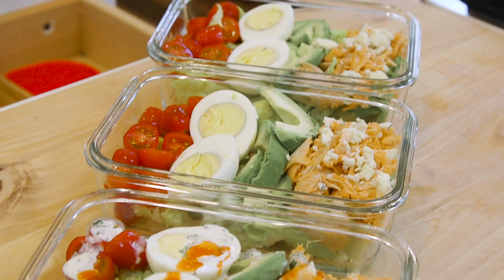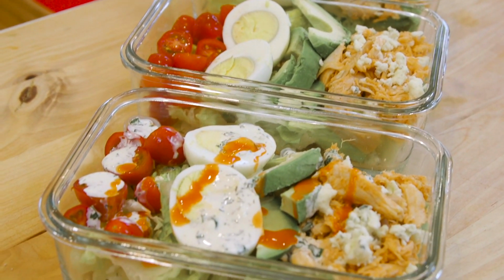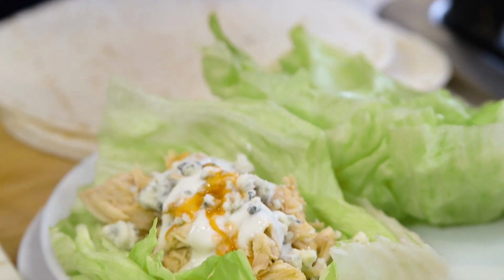One of my favorite recipes, buffalo chicken in a salad. You're definitely gonna wanna keep watching to see how this healthy meal prep comes together super fast. The truth is that I've come up with a lot of buffalo chicken recipes thanks to my secret recipe, the